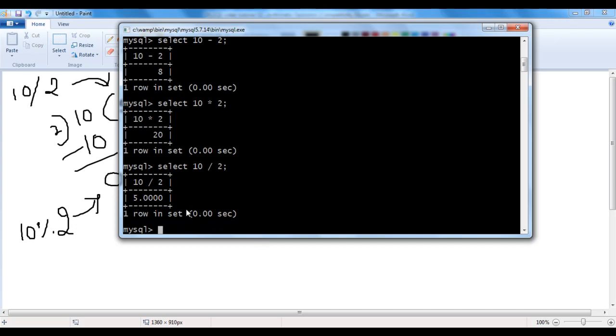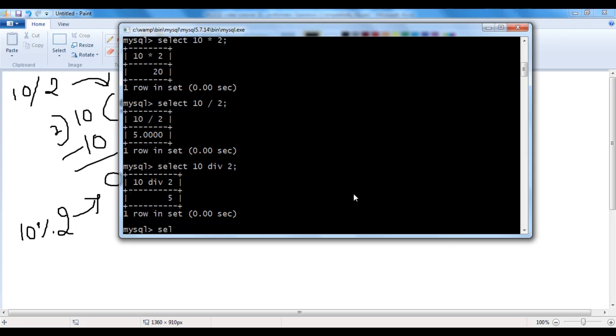It is displaying the quotient of the division operation as floating point value, right? Whereas if I say select 10 div 2 semicolon, I'm using this time div keyword, that is integer division operator. It gives us integer part of the quotient, guys. Instead of displaying 5.0000, it just displays 5, guys. You can see that 10 div 2 is giving us 5.